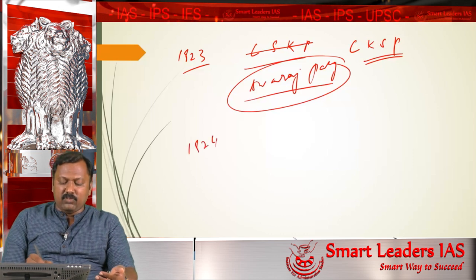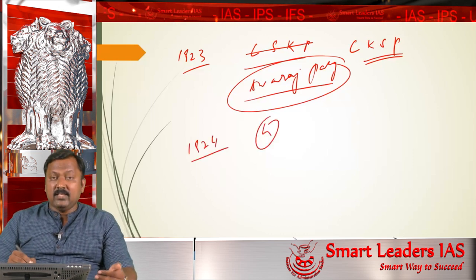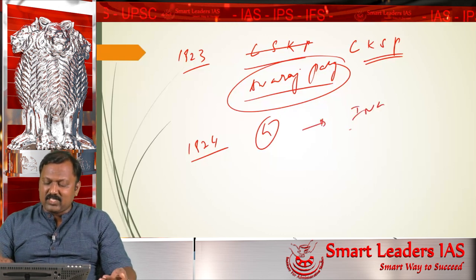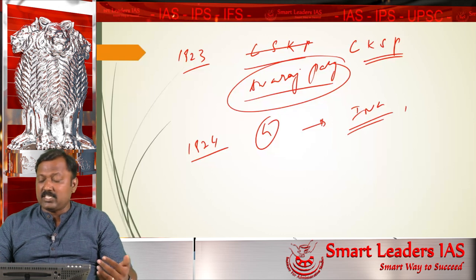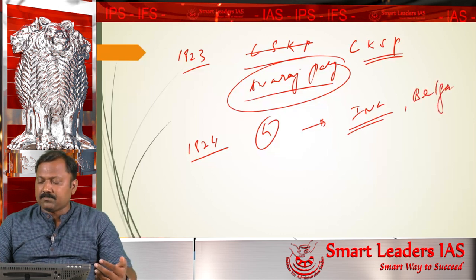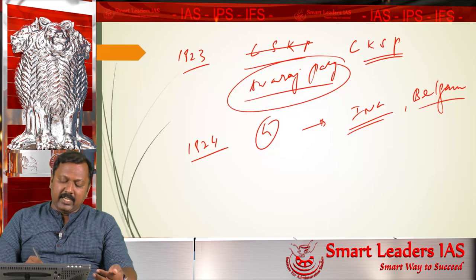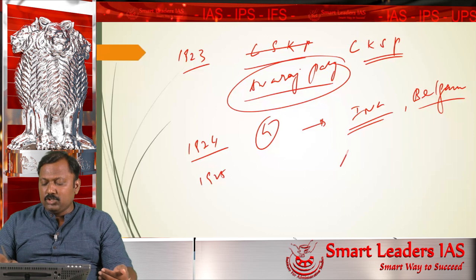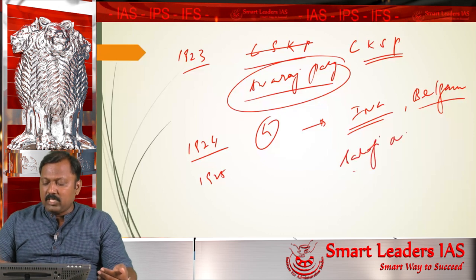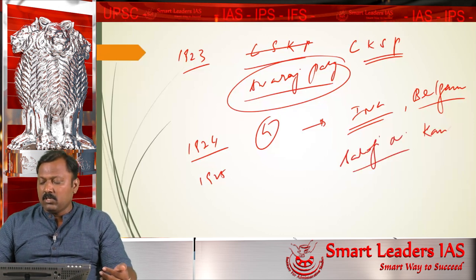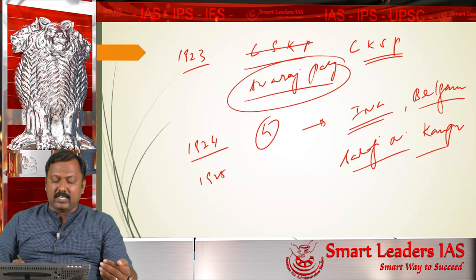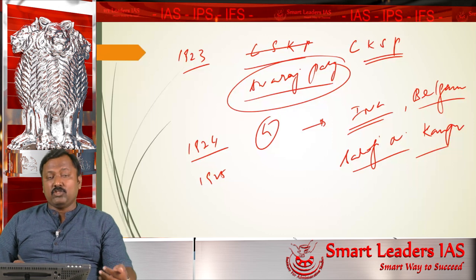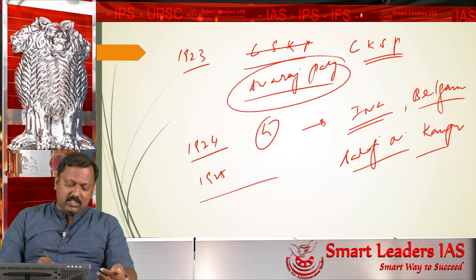Next, in 1924, Gandhi is released from prison. Then Gandhi becomes the president of INC, for the first and last time in his life, in a place called Belgaum. And in 1925, because of the insistence of Gandhi, an Indian woman, Sarojini Naidu, becomes the president of INC at the Kanpur session. In 1925 it happens. So in 1924 Gandhi becomes the president, in 1925 Sarojini Naidu becomes the president. And it is during this time that